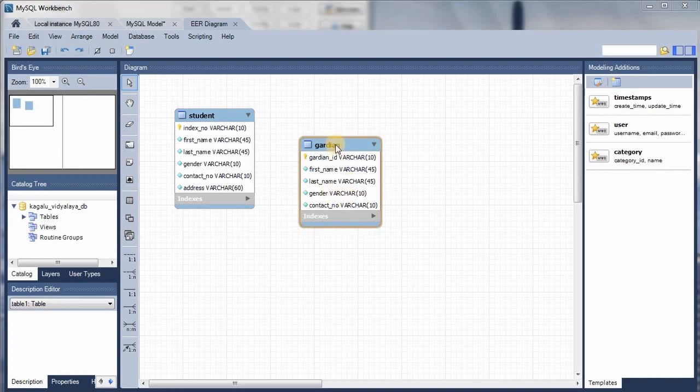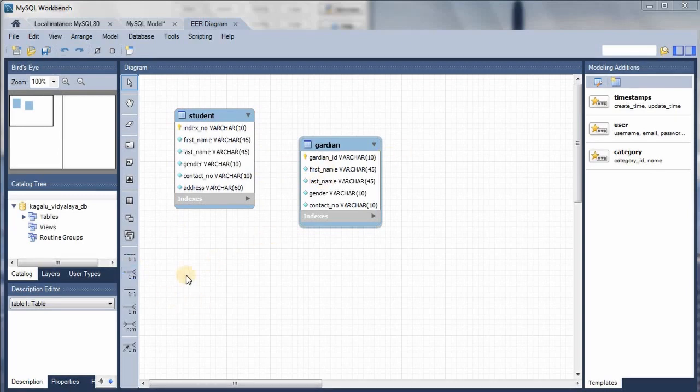That means there's a one to many relationship between student and guardian, and the relationship should be defined as many to student and one to guardian.